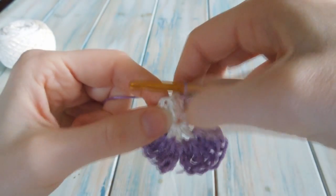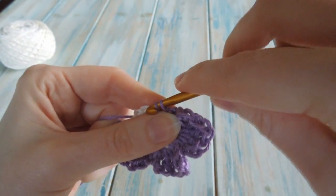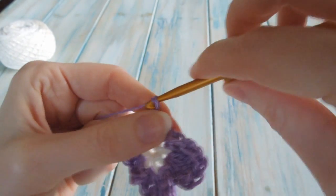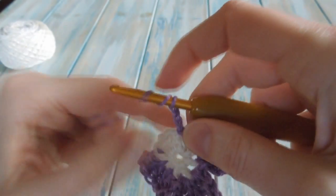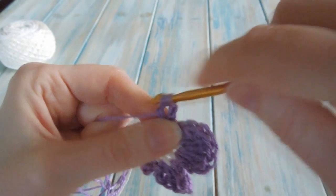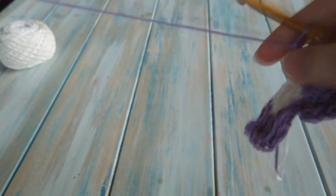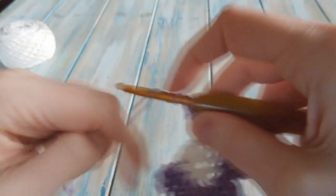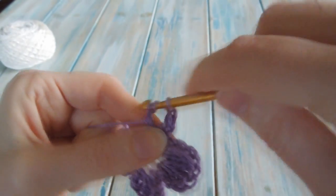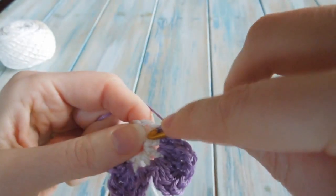Slip stitch, and then we slip stitch in the next gap to begin our next petal. Slip stitch in the next gap, chain 2, 1, 2, 3 trebles in the same gap we just did the slip stitch. 1, my yarns will get twisted, 2, 3,